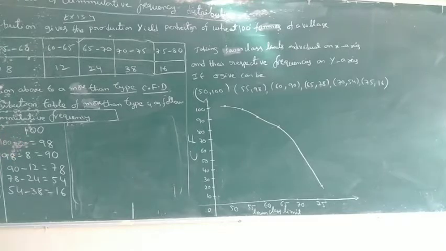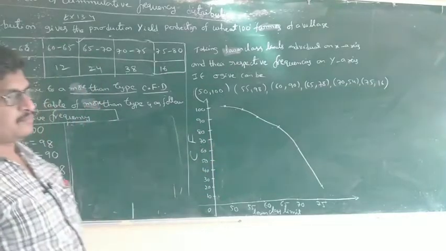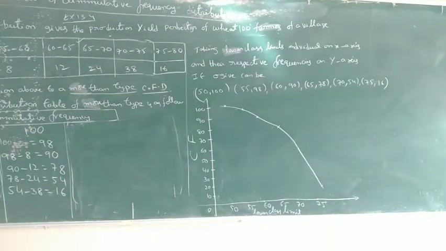So greater than or equal to 55 means all minus 2, so 100 minus 2, then 98 minus 8, then 90 minus 12. This is the procedure, the points and the graph. These are the two types. The first one is the less than type, the third problem is the more than type, and the second problem is the median type, which is a different method. Tomorrow I will discuss it.